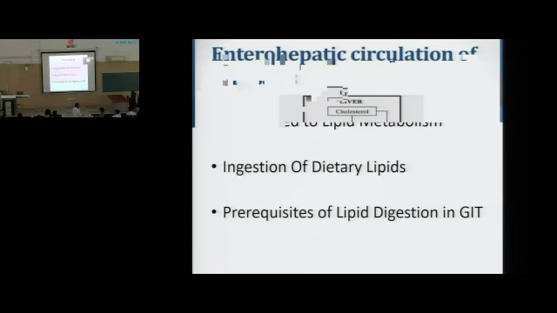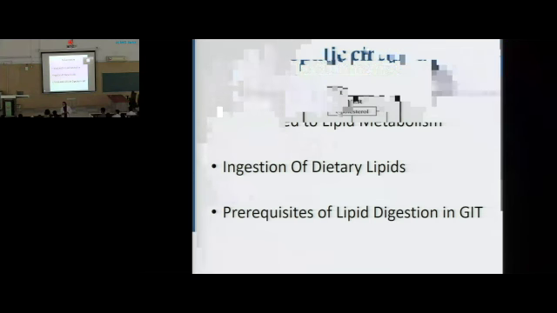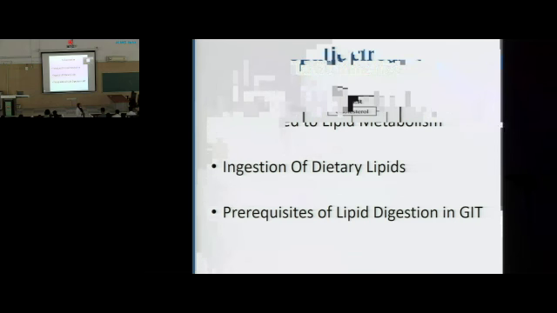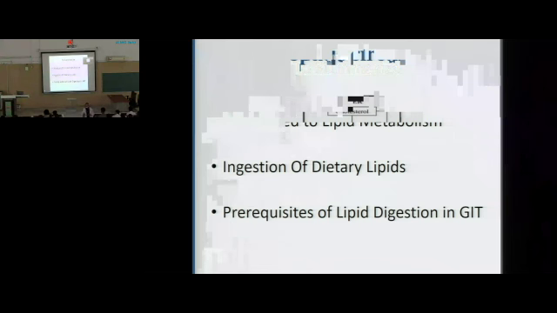So today we have been introduced to lipid metabolism. We saw how lipids are ingested and what the prerequisites of digestion are. Very important is the role of the emulsifier, the bile salts, sodium glycocholate and sodium taurocholate, bringing about emulsification, initiating and completing lipid digestion in the small intestine. So it is not complete. Tomorrow our next part will be how these various